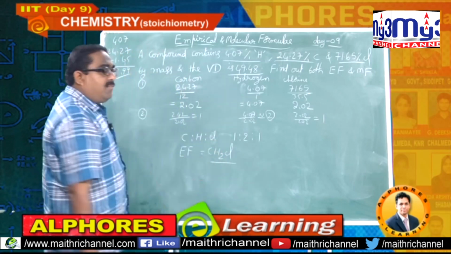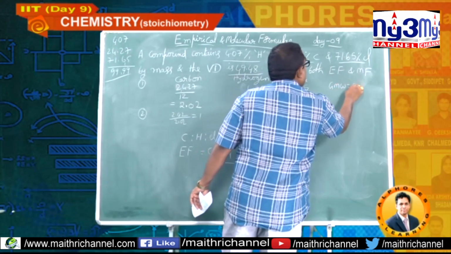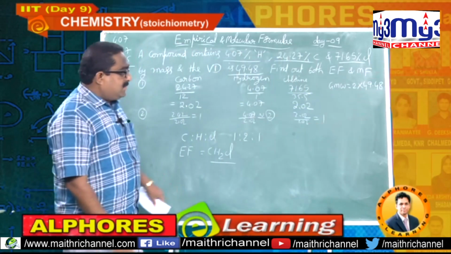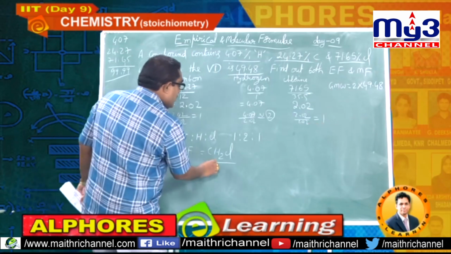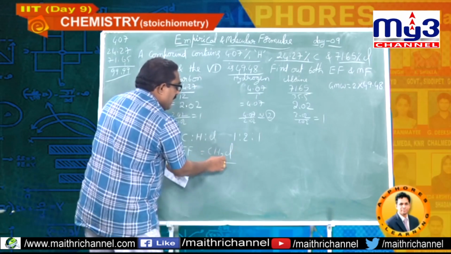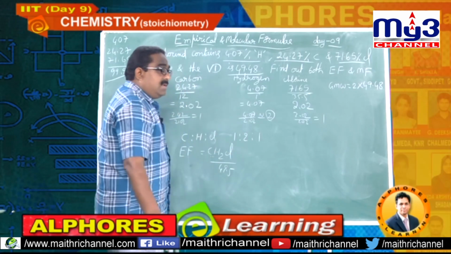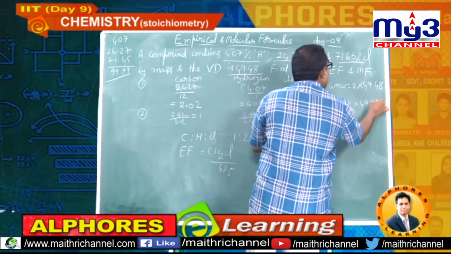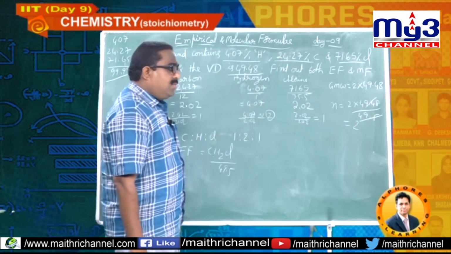You got empirical formula. From vapor density we can calculate molar mass, that is 2 into vapor density, 2 into 49.48. Now I am going to calculate the value of small n. First of all, let me do the calculation for empirical formula mass. 12 plus 2, 14. 14 plus 35, that is 49.5. And I am going to calculate n, GMW, 2 into 49.48 by 49.5. So again approximately you will get it as 2, almost.